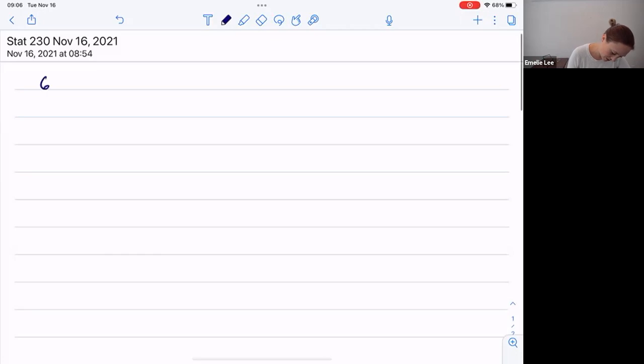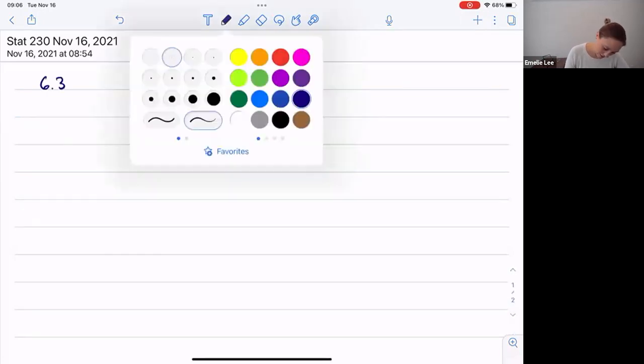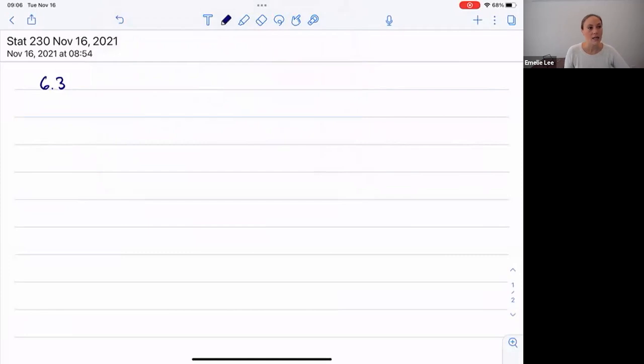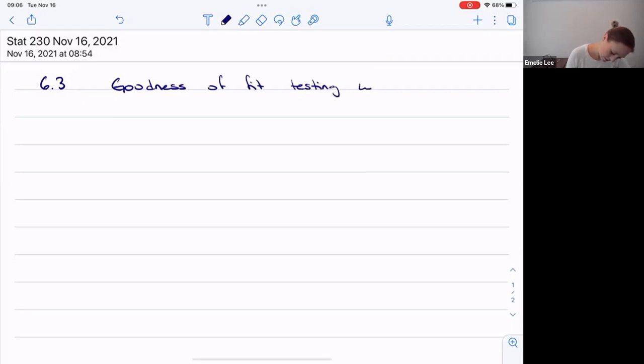All right, so 6.3 is goodness of fit testing, which sounds funny, and it is funny to call it goodness of fit. But I don't know what else we would call it, and so that's what it's called. Goodness of fit testing with chi-squared. So chi is a Greek letter, and it kind of looks like this fancy X, and squared,